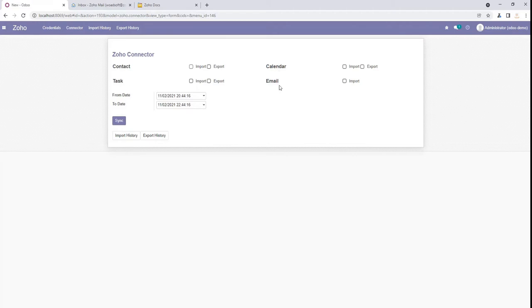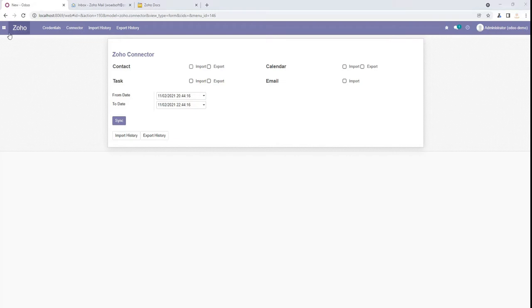We will go one by one and check the workflow of data synchronization. We also have a date-time filter that filters the data we are looking for in a specific span, and a sync button after selecting the above options. So we will start with the contacts.